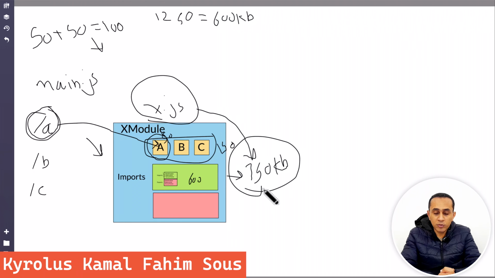The first one is that Angular needs more time to download this file. Of course, the time for downloading 100 kilobytes is less than the time needed for downloading 750 kilobytes. Okay. The second problem is that a file with a size of 700 kilobytes, for example, has a lot of code that we don't need, which means that Chrome will need a lot of time to read it, and this is unnecessary time.